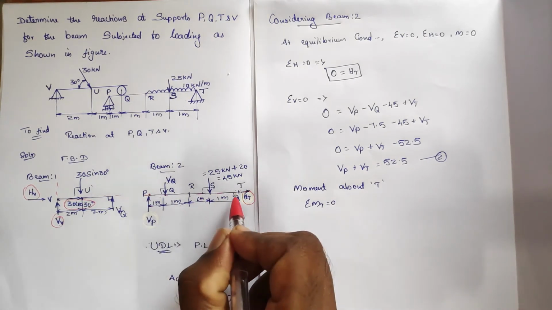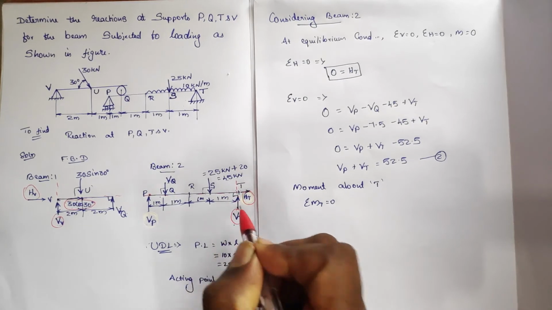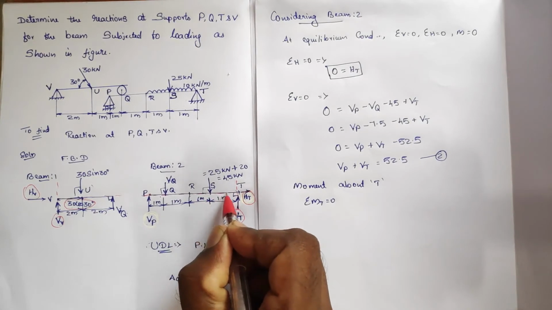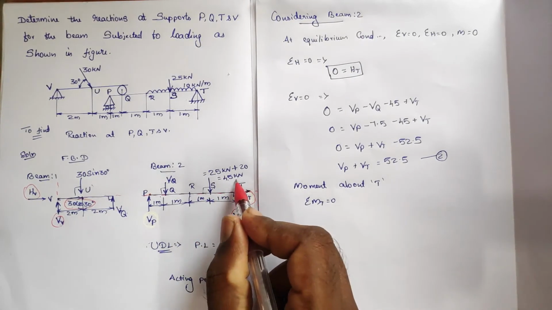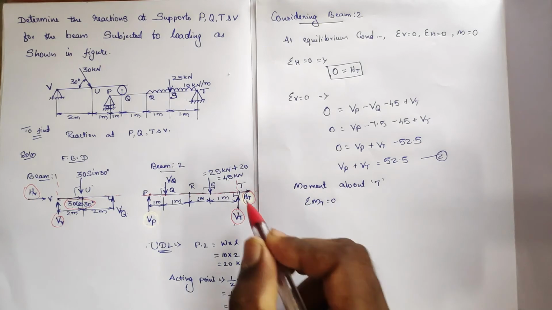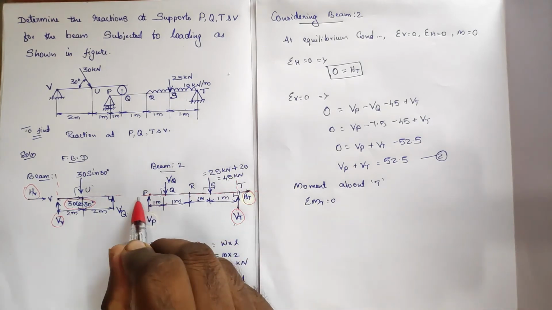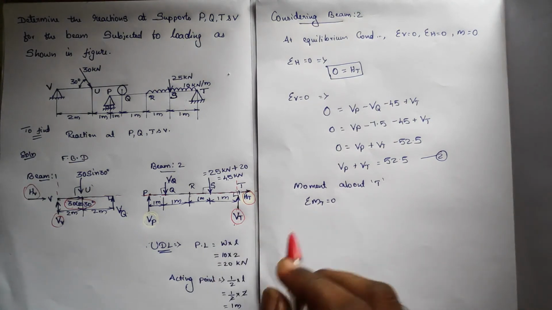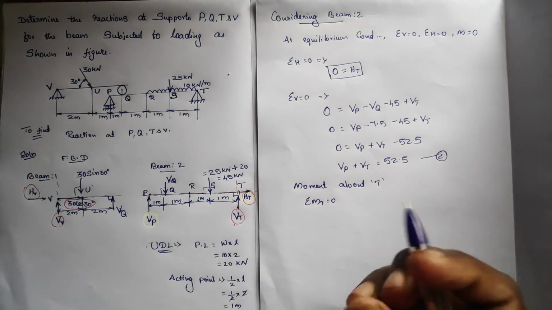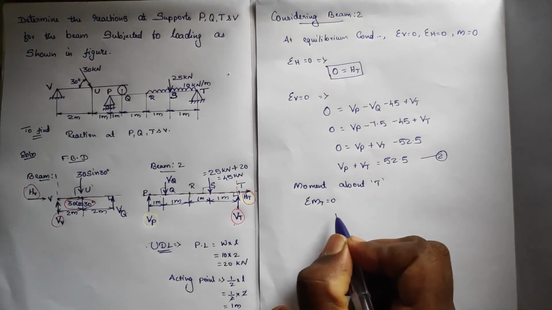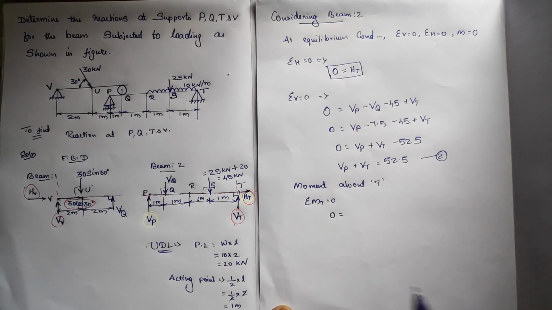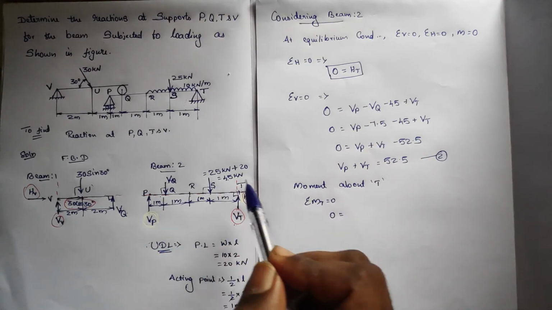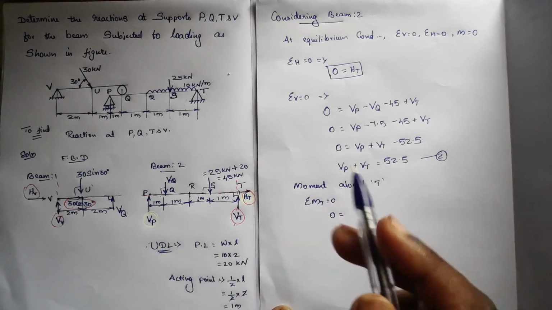Any other forces are not participating in this system. For that we shall draw the cross lines. If we draw the cross lines, if any forces come into the line, then we can eliminate them. So here, VT is just coming into the line, and in the horizontal line there is no force, so only HT and VT are not participating in the moment. Okay, fine. So we shall take the moment, so that 0 is equal to, and the rest of the forces like VP, VQ and this 45 kilonewton are participating, right?